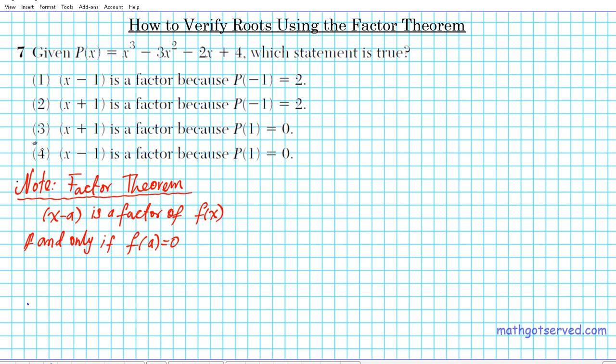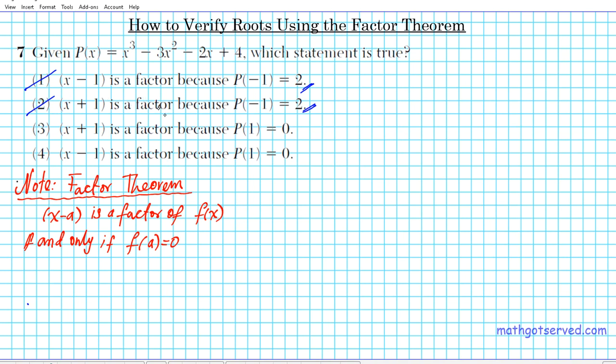Which of them involves plugging in a root into a polynomial and getting 0? Options 3 and 4 meet that criteria. If you look at options 1 and 2, you're getting 2 as an output. This does not match up with the factor theorem. It doesn't satisfy the conclusion of the factor theorem. So we automatically eliminate options 1 and 2